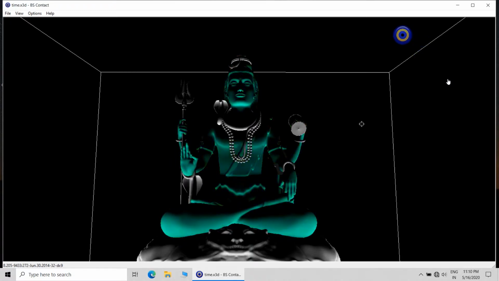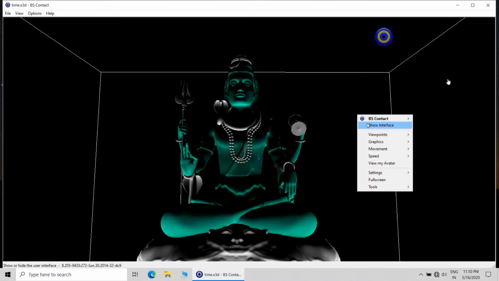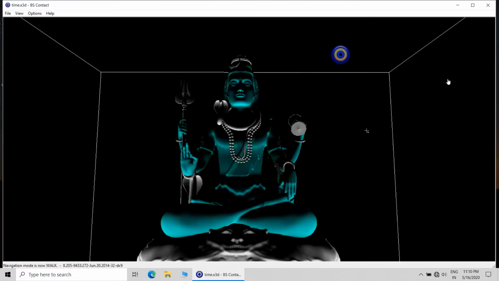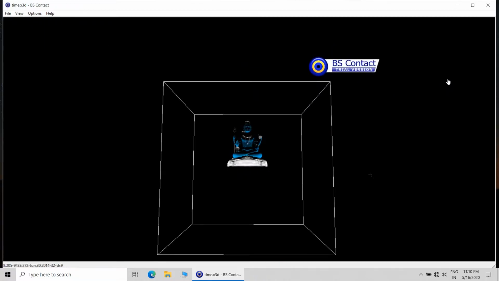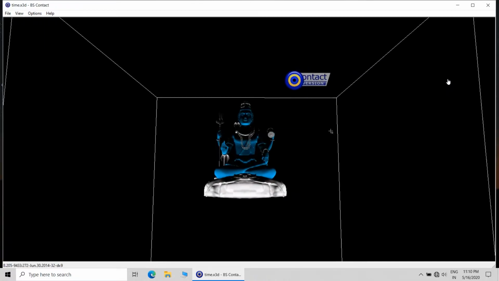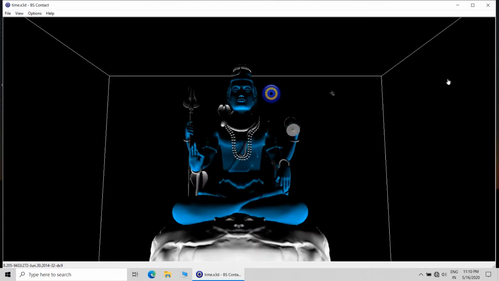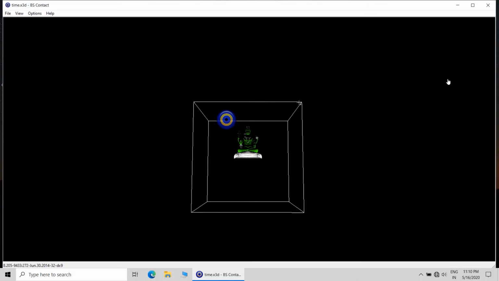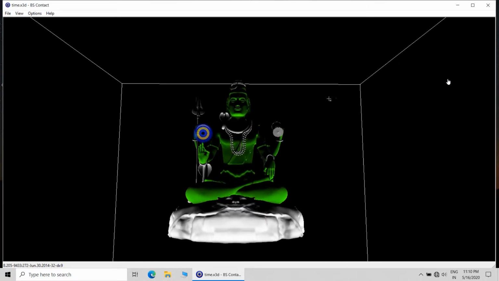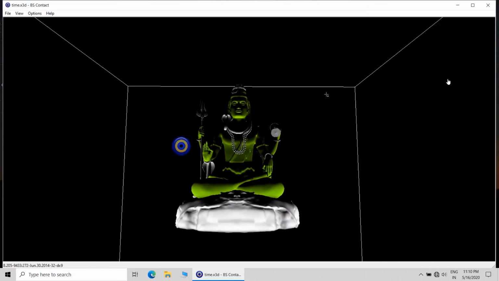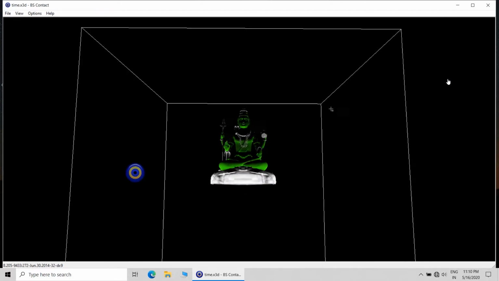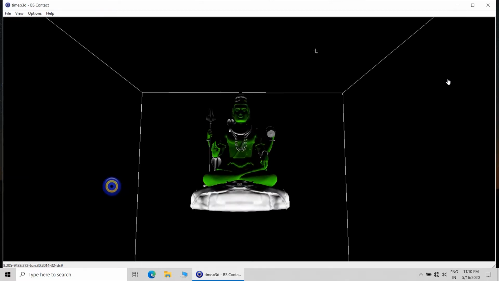And if we are leaving this particular statue at this moment, then that color will be retained by the statue. So you can see that it has retained the green color now. Again green color.